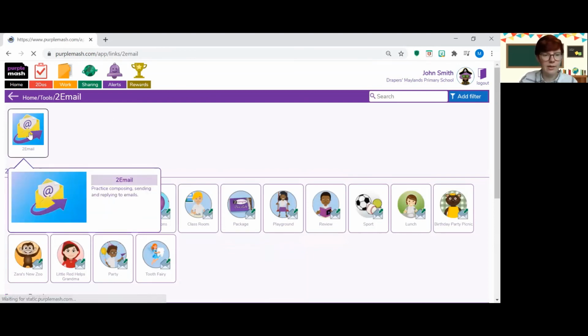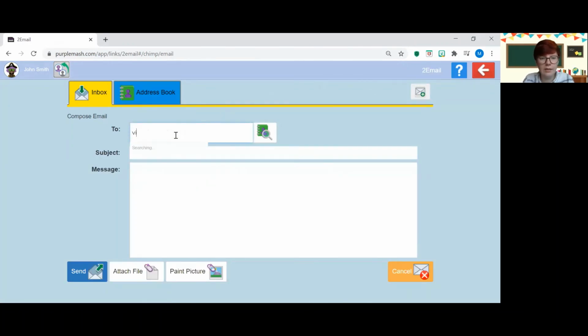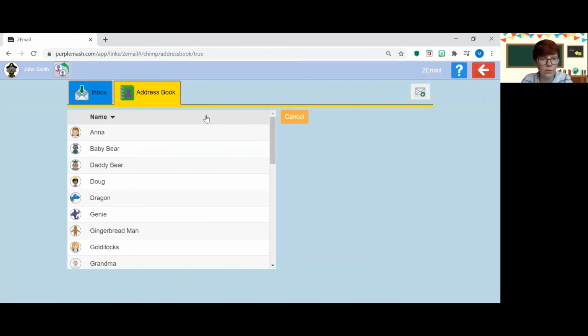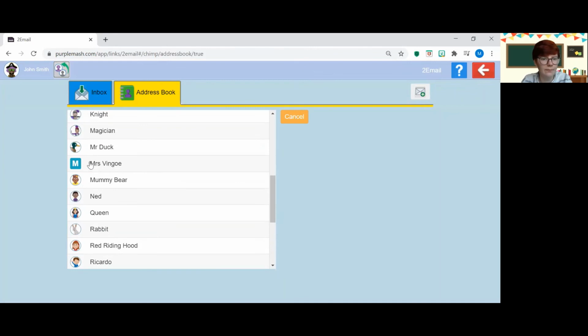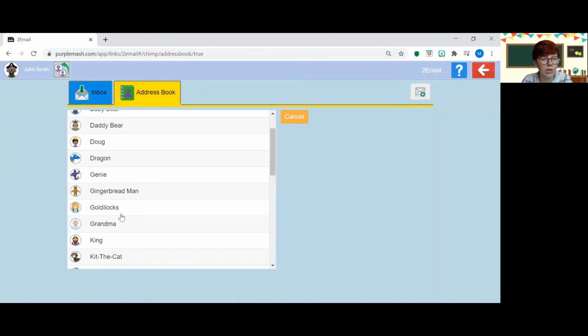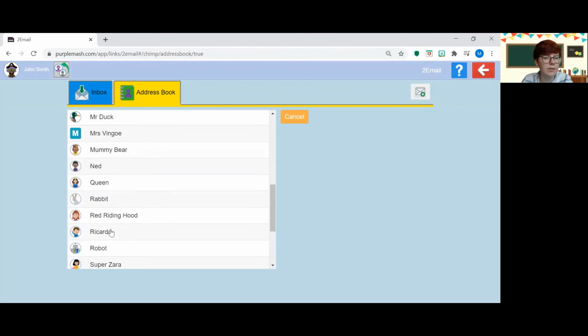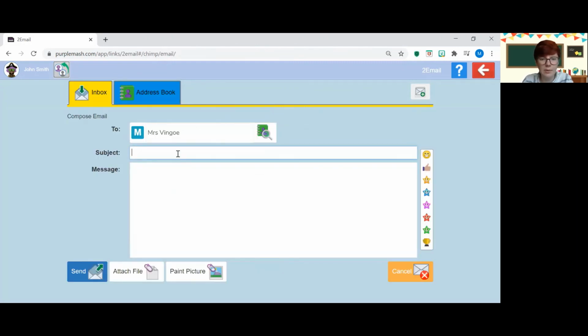You can click on To Email here. And then it looks very similar actually to a regular email inbox. You compose a new email by going on the envelope here with the plus icon on it. You can type in the teacher's name to be able to find them, or you can use the address book here. Now you'll notice there's lots of imaginary characters in the address book. That's because your child is able to practice learning how to send emails by emailing one of these characters who will respond to them. So you select the person you'd like to email to, you add